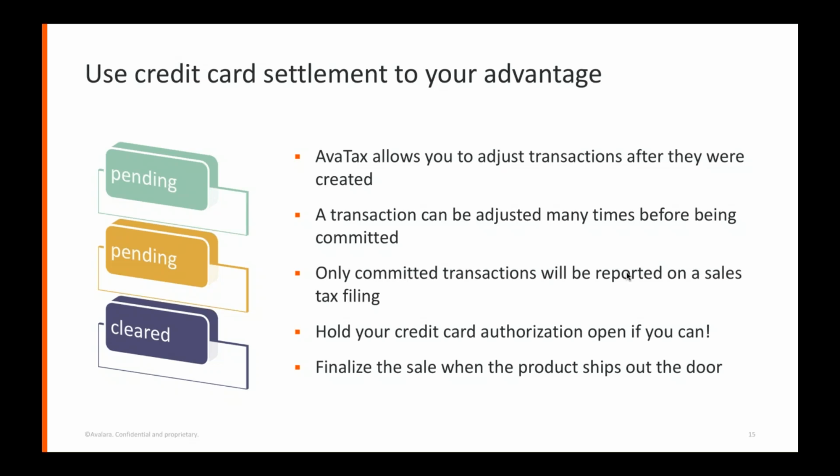So the way that works is that you first of all calculate tax and authorize the transaction. When you authorize the transaction, you authorize an appropriate amount based upon your contract with your credit card provider, and you say, hey, this transaction is going to finalize in X number of days. Some credit card settlement companies will expect things to finalize within a short period of time. Some of them can be held open for longer. You'll have to talk to your credit card company. But if you are able to do this, it would be a huge help, because then if you ship it from California or if you ship it from Tennessee, you'll be able to recalculate tax before you ship.